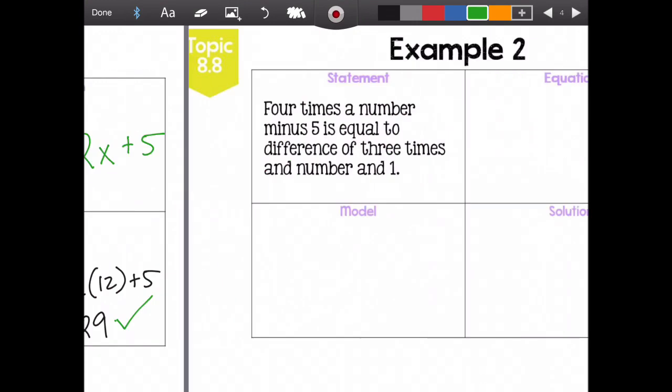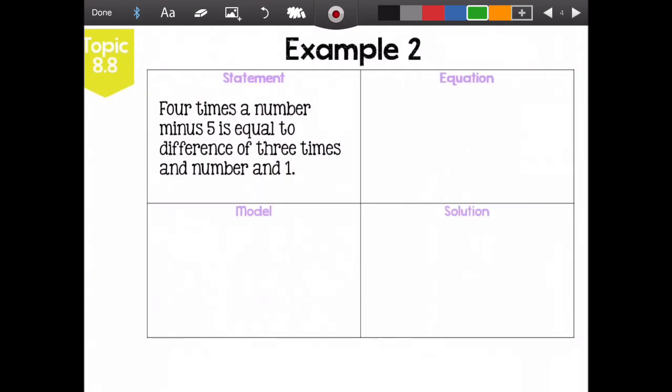All right. Example number 2. 4 times a number minus 5 is equal to the difference of 3 times a number and 1. So again, we want to find where it splits into 2 separate sides. It says equal to, so that's pretty clear where it divides the left and the right. The first part we want to read is 4 times a number minus 5. All right, guys, so 4 times a number, I'm going to use z this time, minus 5 is equal to,